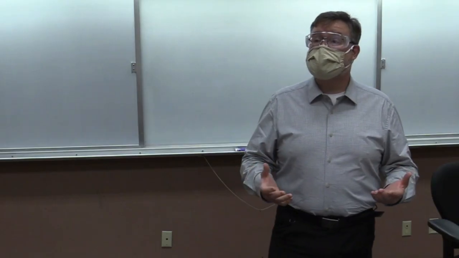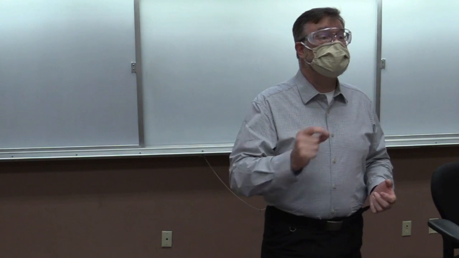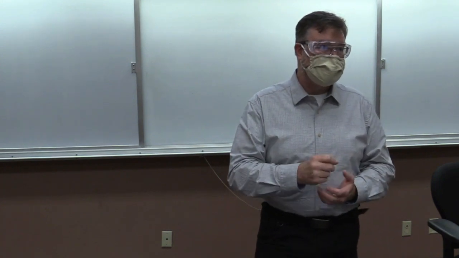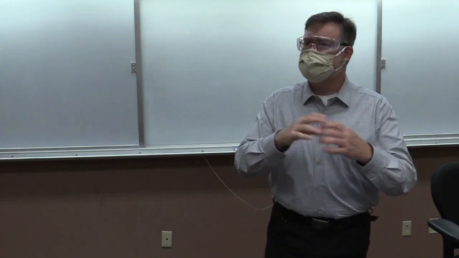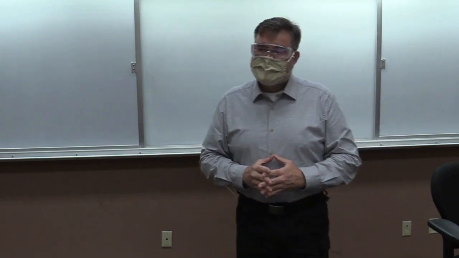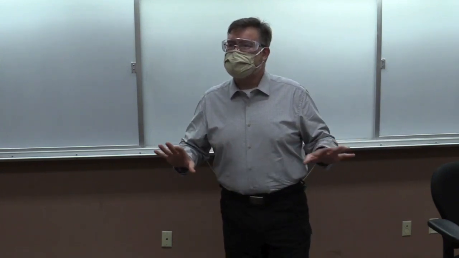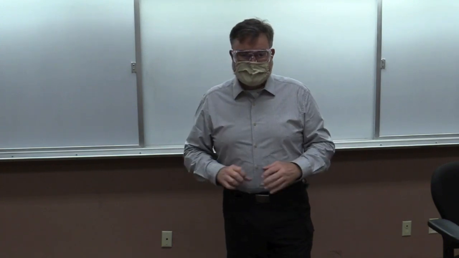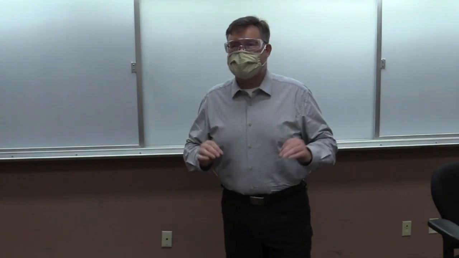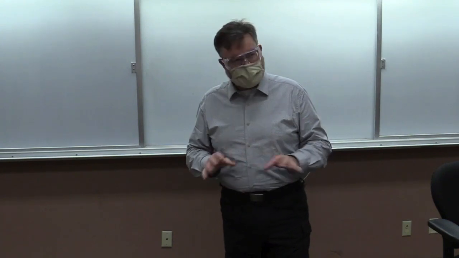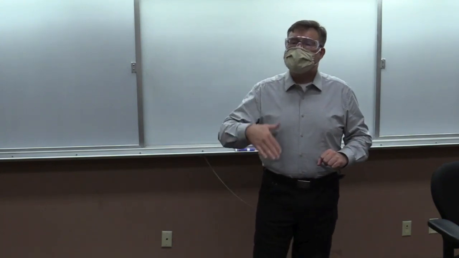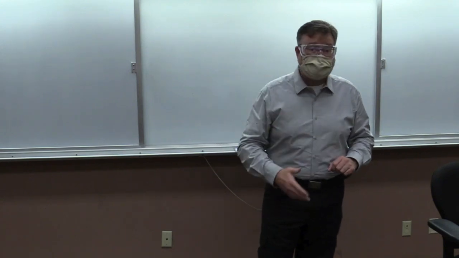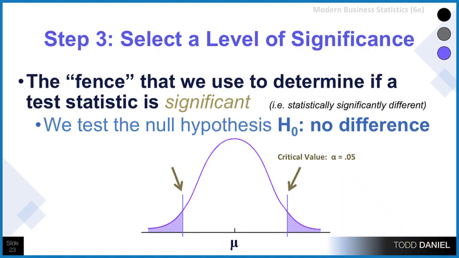What the normal curve is representing here is all of the possible means that we could generate from a sample of a given size. So this is a distribution of sampling means. And there are some means that are so different from the population mean that we say they may occur by random chance, but more likely, those means are so different that they really, truly are significantly different.